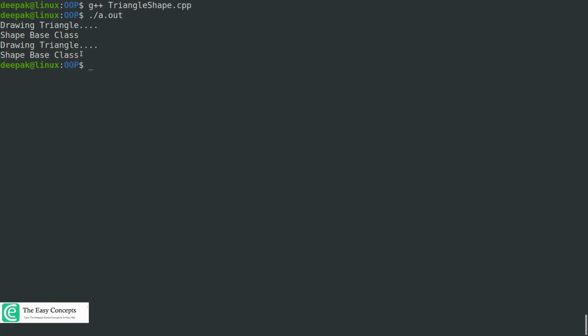Now let's move to another part and try to aim a base class pointer at the base class object, and then we'll aim a derived class pointer at a derived class object, and after that we are going to aim a base class pointer at the derived class, right? And then we'll understand the difference and the need for virtual functions.